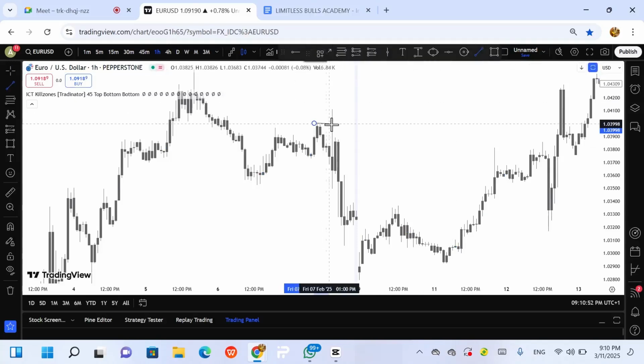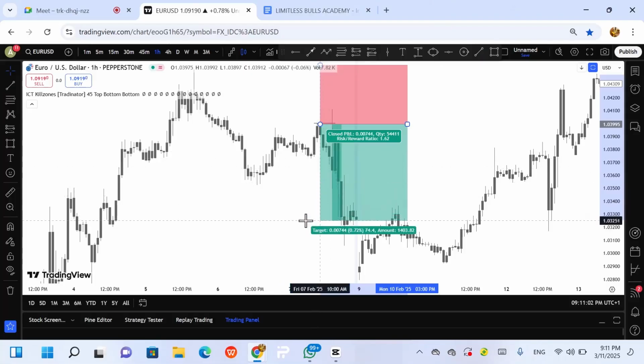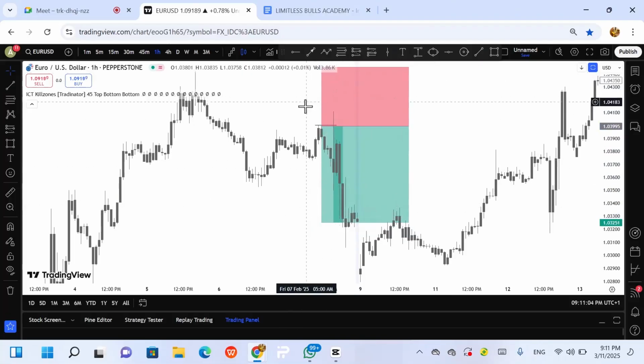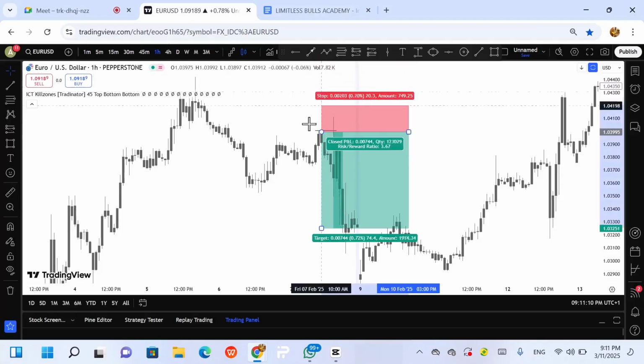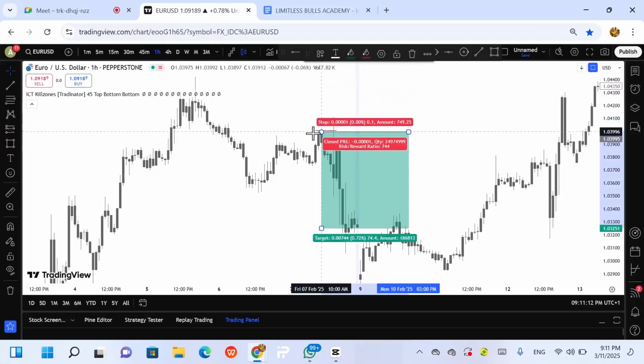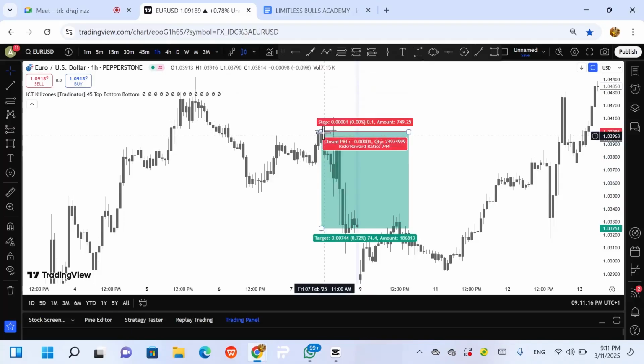Because okay, let me give you one analogy. You see this kind of trade. Maybe I'm in this position, and maybe I'm holding the position to maybe this other block here. Then I've entered this position at this zone. So I now see the market drop to this point. What do you think I will do? Somehow I might just say, okay, I break even to remove the risk. So this is a break even trade now. So what happened now? My stop loss is here.